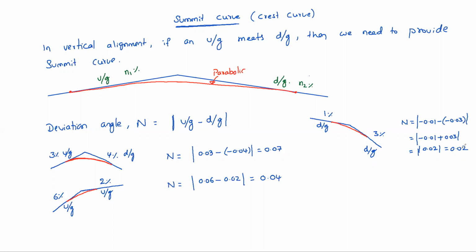Then, how to fix the length of a summit curve? Is there any limitation for this? If you provide a steep summit curve, a sight distance problem will be there. To overcome the sight distance problem, we need to provide sufficient summit curve length. The length of the summit curve must satisfy the sight distance requirements on the road. By considering those sight distance requirements, how much summit curve length needs to be provided is very important here. So next we will see how to calculate the length of a summit curve.